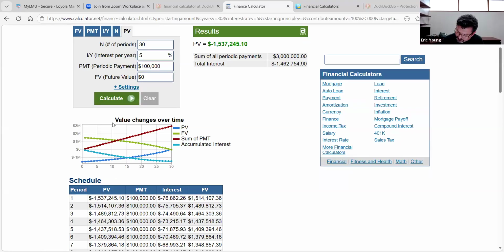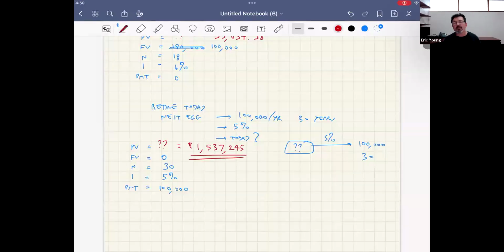$1,537,245. That's our solution. What does that mean? Well, here's what it means. If you were to retire today with $1,537,000,